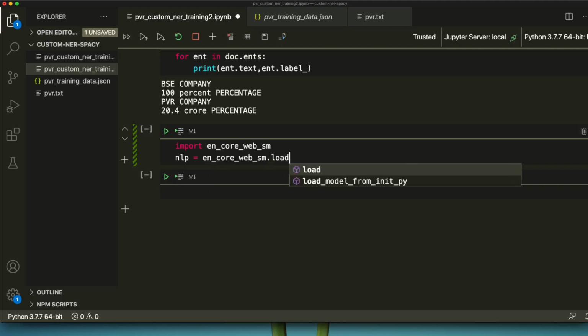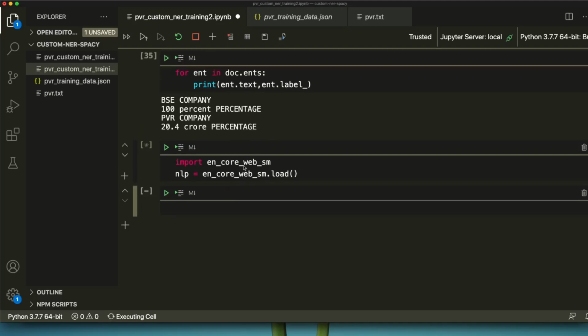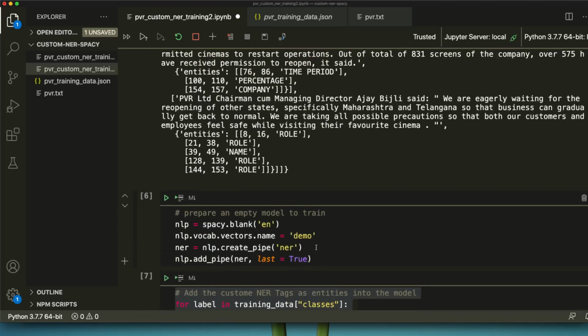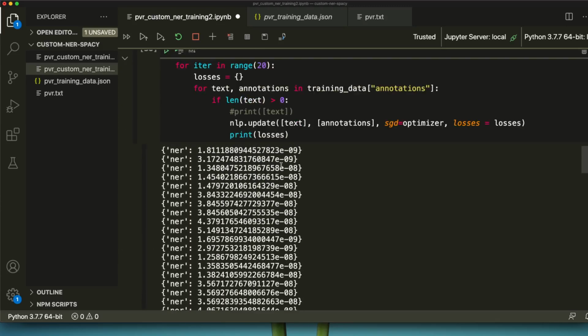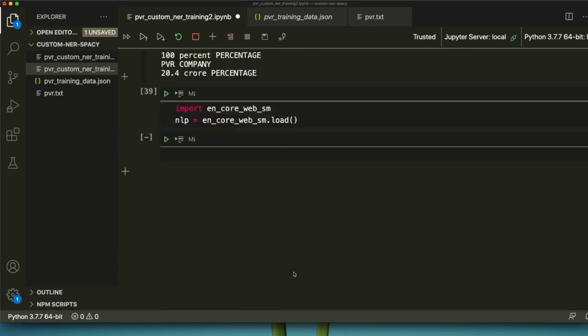So instead of using a custom model here, I can load that model, and then instead of creating a pipe, I can just get that pipe and start adding the labels here, and from that label I can start using that model. So that is another good solution.